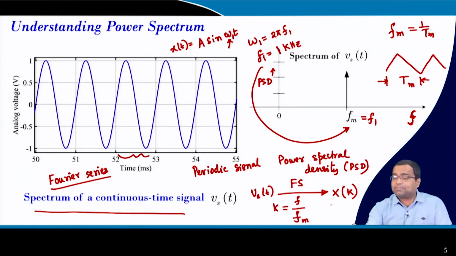But in this case, if you apply Fourier series, because it is a periodic signal, you will get harmonic content, where k will be 1, 2, 3 and so on. And since it does not satisfy any symmetric property, you will get even and odd, all types of harmonics. And if we take the Fourier coefficient X of k, its power,